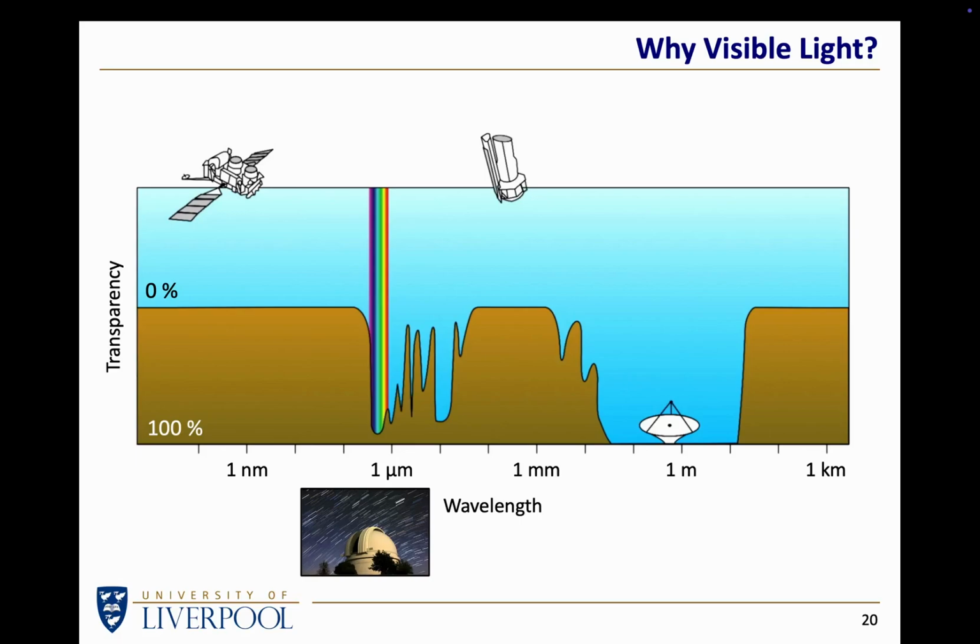So if we want to see the ultraviolet or infrared part of the spectrum, we can't do that very well if we want to look out into the universe. It doesn't work too well with telescopes at ground level, which is why we put telescopes into orbit, or at least above the Earth's atmosphere. So various ultraviolet and X-ray telescopes, Chandra, Newton, Swift, and various infrared telescopes, such as Herschel, Spitzer and most recently the James Webb Space Telescope, are above the Earth's atmosphere because the atmosphere would otherwise absorb those wavelengths. That doesn't stop us putting something like the Hubble Space Telescope, essentially a visible wavelength telescope, into orbit as well,